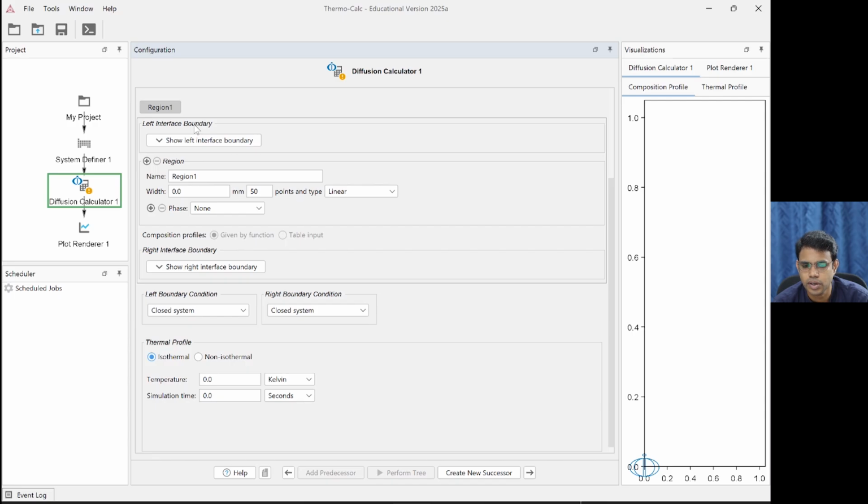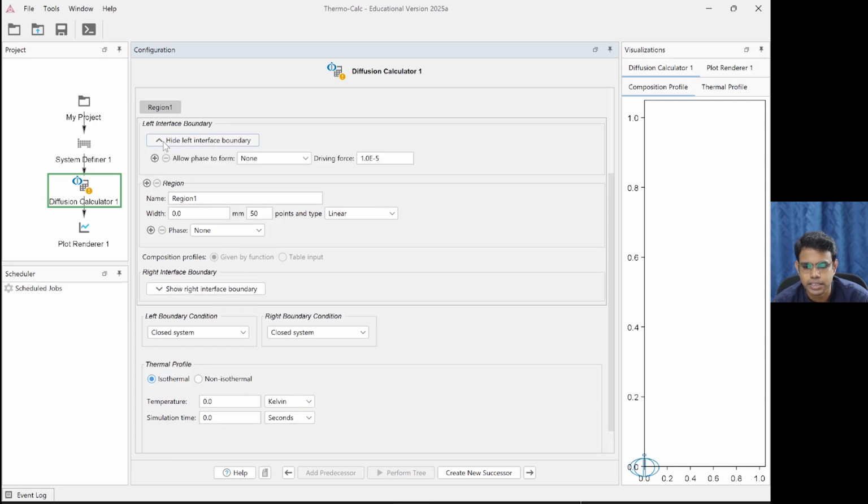Other options we need not bother much with, but I will just read them out and briefly tell what they are. Left interface boundary is where we can select some elements. If I click this show left interface boundary, it asks these questions. Allow phase to form. If we want a certain phase to form at the left interface boundary or right interface boundary, we can allow that to happen. If that phase has enough driving force, it will nucleate.